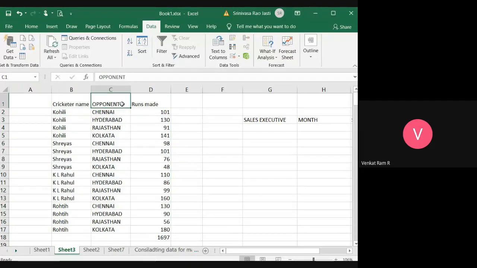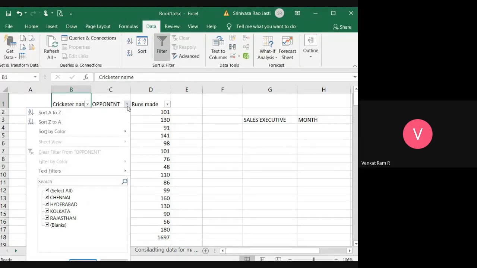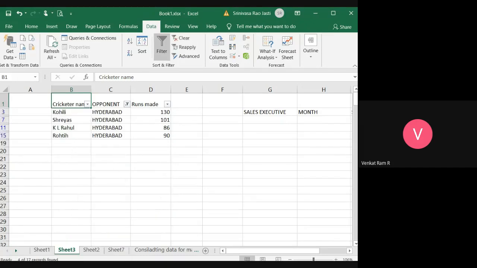Now I'll keep the filter here. If I go for Hyderabad and want only Hyderabad, then I have to check only that.